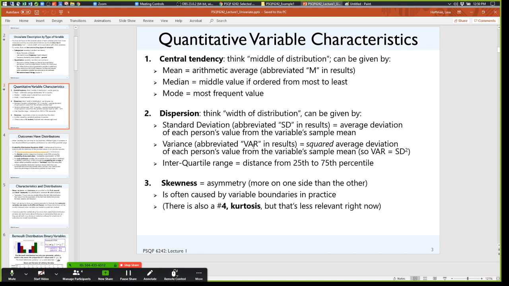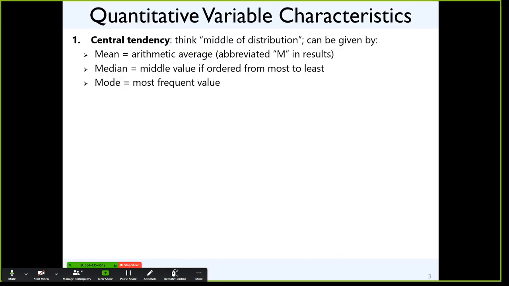So those are the three things that we would want to know to be able to characterize any sort of quantitative variable: central tendency, dispersion, and skewness. There's actually a fourth that's known as kurtosis. In practice, that is really hard to differentiate from variance, so don't worry about it. It's gone also after today. See, this is how we can get through stuff quickly. I just decide what's important and what's not, and then we don't cover the stuff that's just trivia.